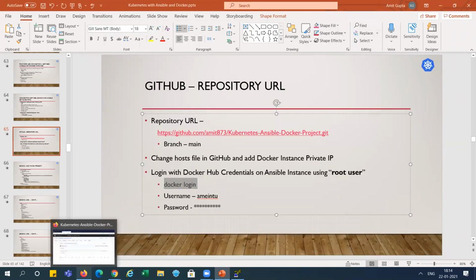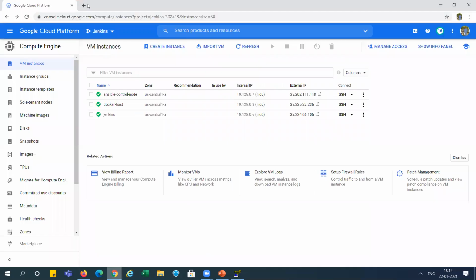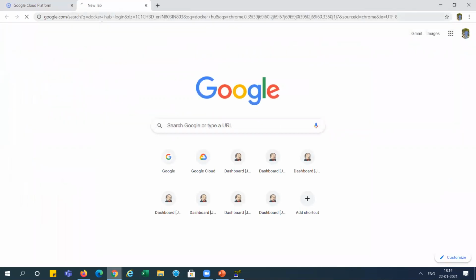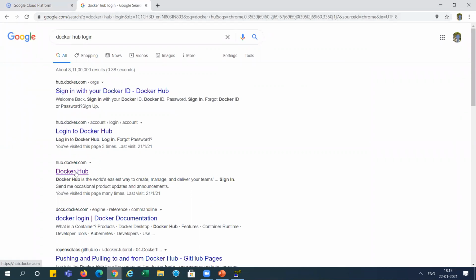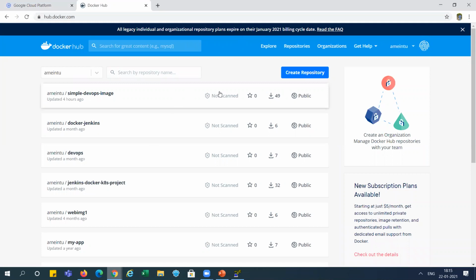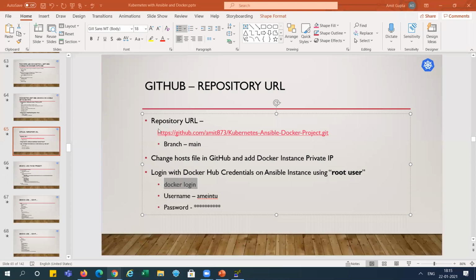So I will show you that also, Docker Hub. Docker Hub login. The hub.docker.com site is there. If you don't have an account, you can create an account here. I'm already logged in with these details. So these are my earlier images which I've used. This was 4 hours ago. We will update the same image here, right? So this is a repository. We will come back here again, and I will show you when I deploy this image, right? So this thing we have done.